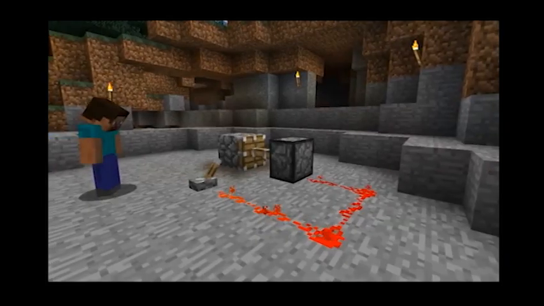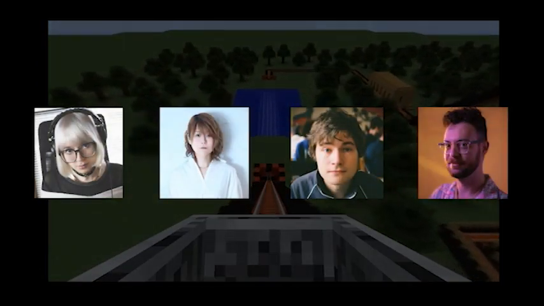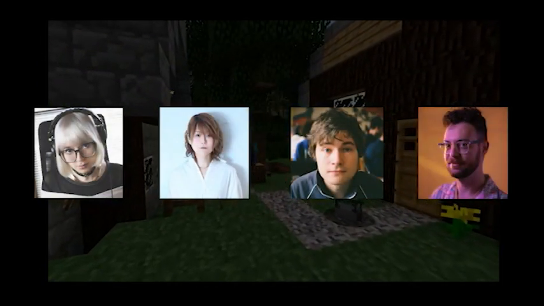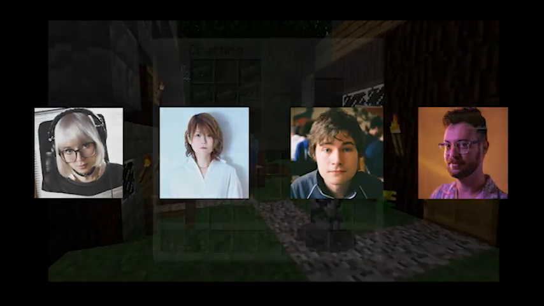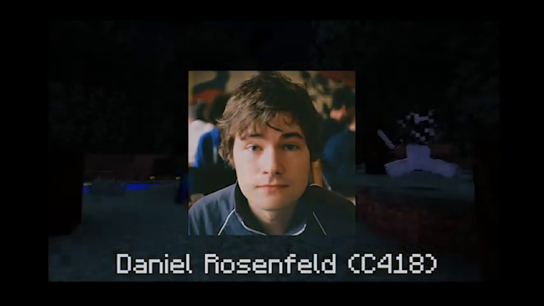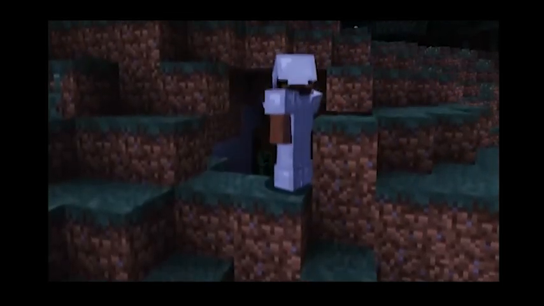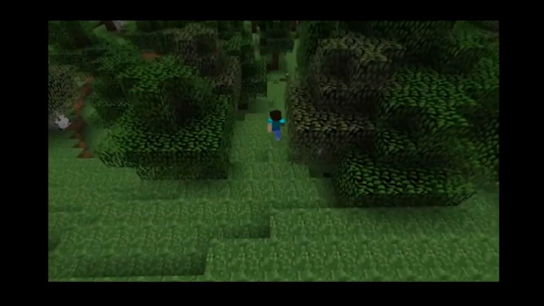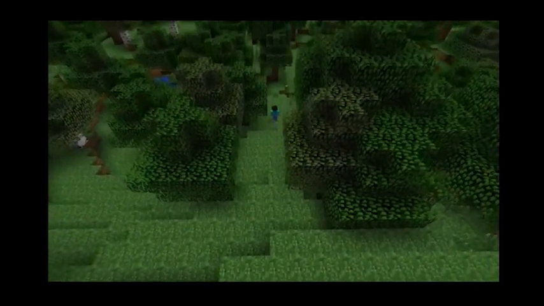Minecraft's soundtrack has had a few composers over the years, but the man who created the first 2 soundtrack albums for the game goes by the name of Daniel Rosenfeld, better known as C418. His initial musical works set the standard for how future composers would create music for the game, and they've become iconically nostalgic in the minds of gamers everywhere.